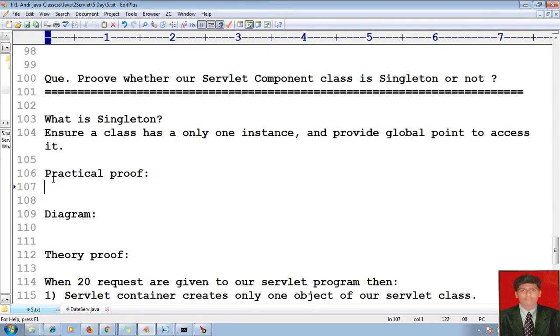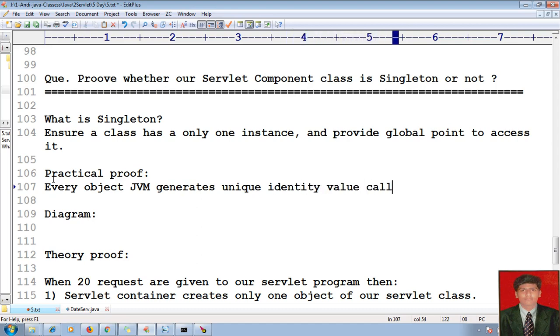By using the hash code. What is the meaning of hash code? For every object, the JVM generates a unique identity value called hash code. By using the hash code of our Servlet class object, I can prove my Servlet class